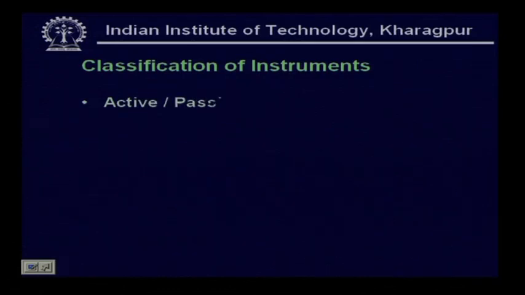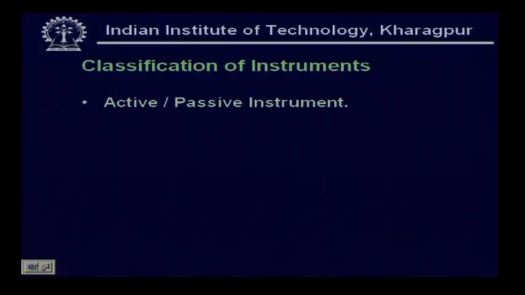Now, classification of instruments. An instrument can be classified in 4 different categories. It can have active and passive instruments. In the case of active instruments, you know that you have displacement sensors or potentiometers. In the case of an active instrument, suppose I have a displacement sensor,